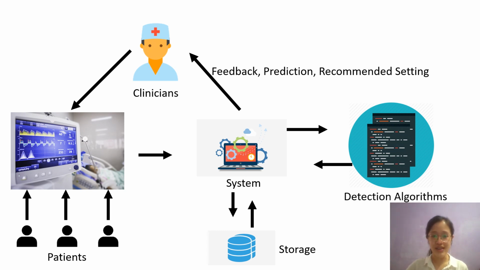One step further from this, prediction of future occurrence of asynchrony could be made based on the previous statistics. And with the embedded clinical guidelines in the system, it could feed back to the clinicians on the recommended settings to ease their work and decision process. Characteristic data can be stored, either in hardware or cloud storage, and it could be retrieved anytime for the clinicians to review the patient condition. With this cycle, it fulfills the requirement of generating an efficient detection system, and at the same time, greatly reduces